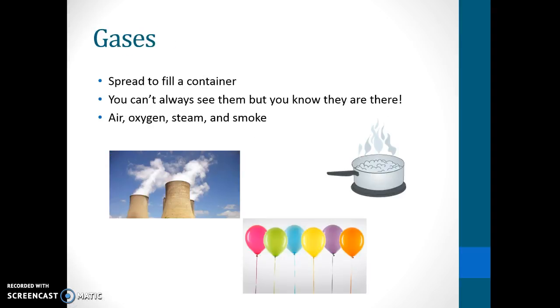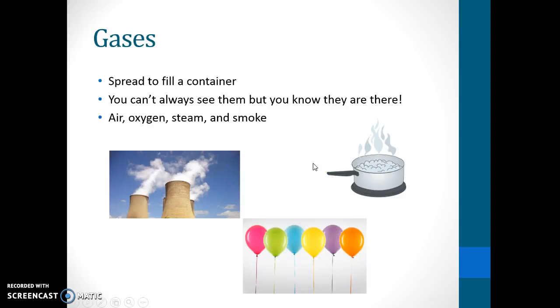Gases spread to fill a container. You can't always see them, but you know they are there. Examples of gases include air, oxygen, steam, and smoke. So here's the picture of smoke, steam, and then there's air in these balloons. So gases spread out to fill an entire container. They don't just, like liquids, lay at the bottom of the container that they're put in. Gases just spread the whole thing, spread out and fill the whole thing. So those are the three states of matter: